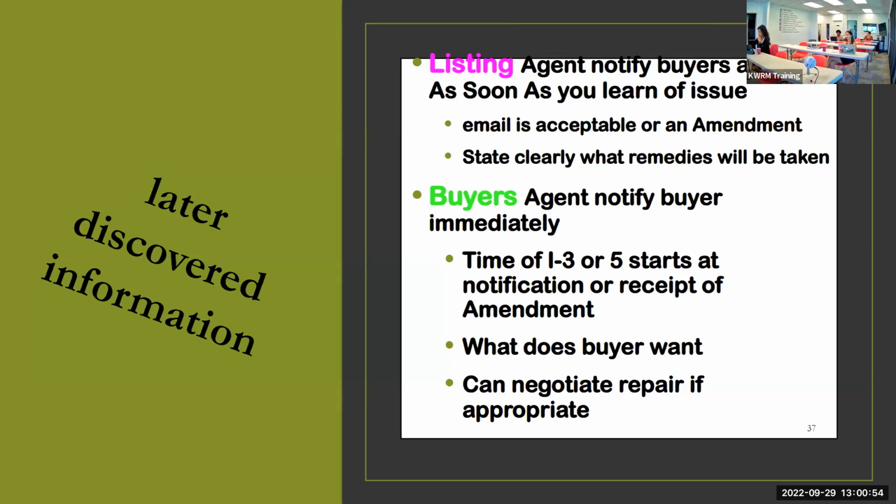All right. Later discovered information. What if we have some of that? The later discovered information, we need to bring that up, right? As a listing agent, as soon as you learn of an issue, an email to accept is acceptable or an amendment, whichever way you want to do it. For the buyer's side, we just need to state clearly what the remedies are that the seller is going to undertake. And the buyer's agent notify